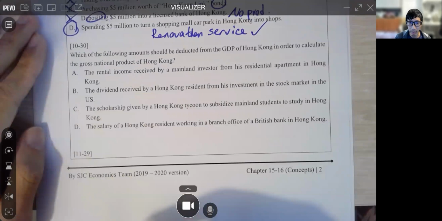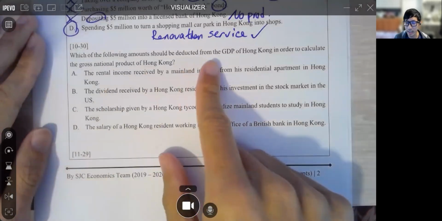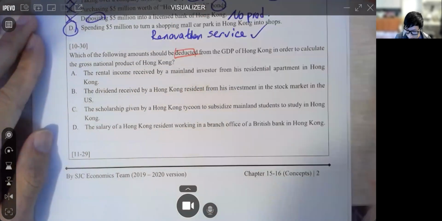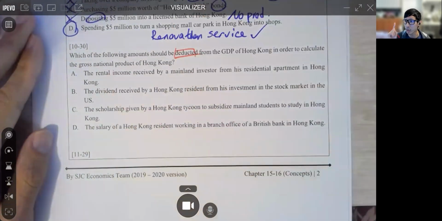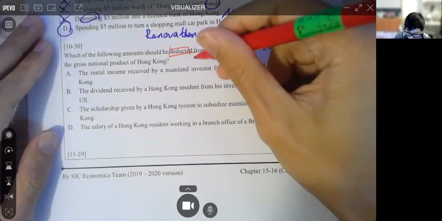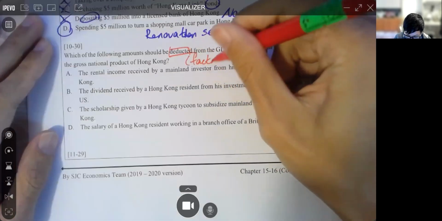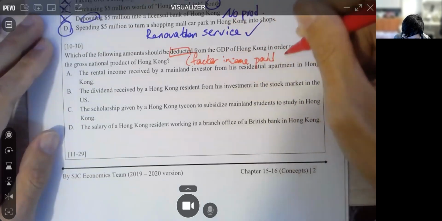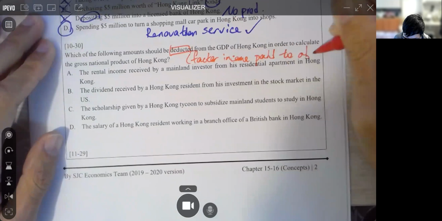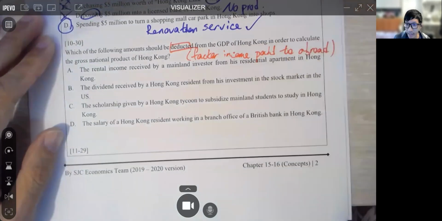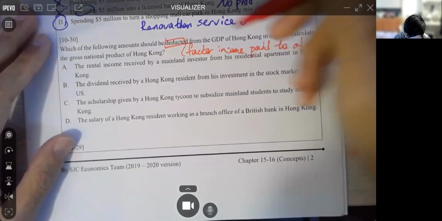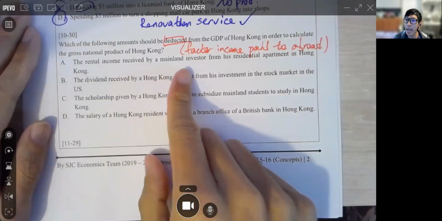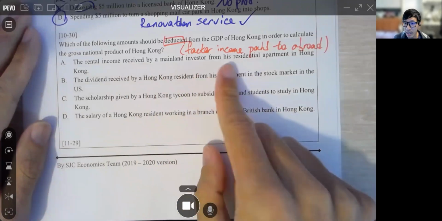Actually, two more. Okay, which of the following amounts should be deducted? Deducted, we have to subtract it to calculate GNP. Remember, what do we subtract? This is what we call factor income paid to abroad, the money we pay out to foreign countries. Okay, factor income paid to abroad. So let's see which one. Rental income received by a mainland visitor, an investor, from his